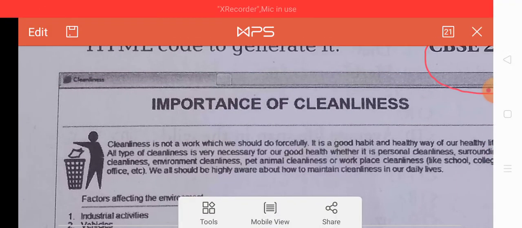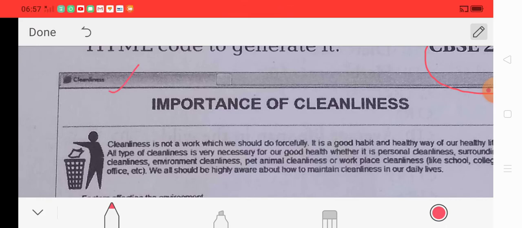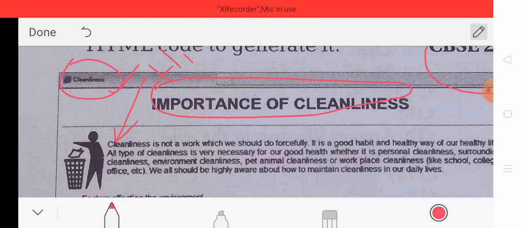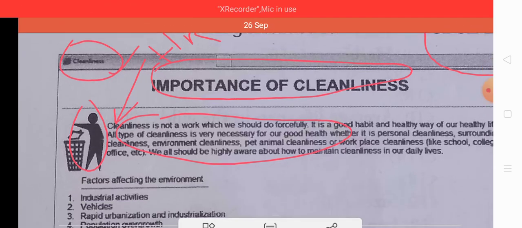See, first of all, there is a title of the web page, then a heading is also there. Okay, the HR tag is also used. Simply a paragraph is there, and an image is also there. But the image is left aligned, and by default an image is left aligned, and the size of the image is also very small. So we have to see it also.